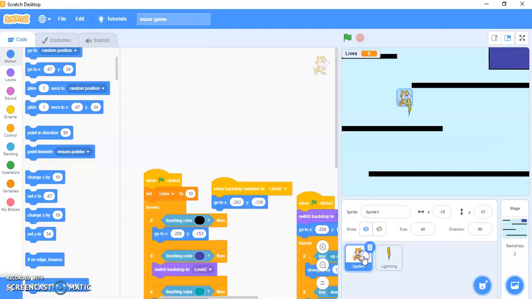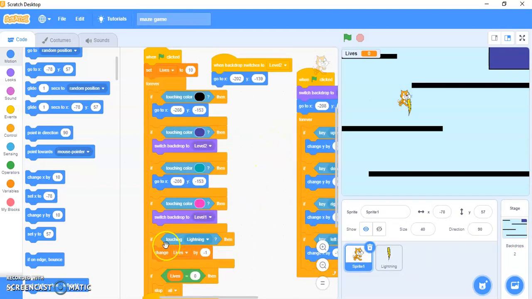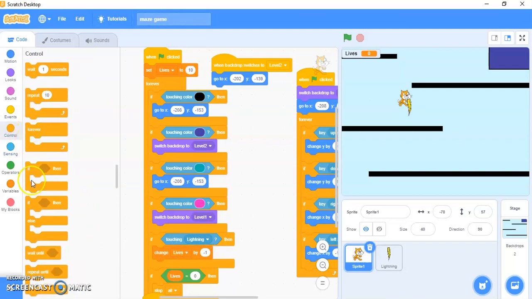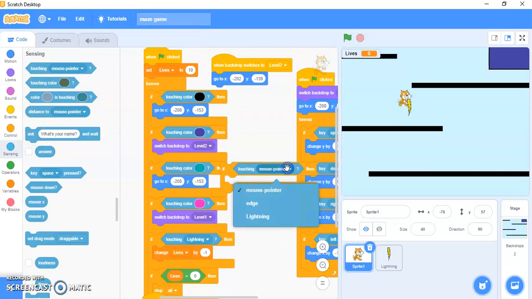After that I have changed the code for the cat, because I just added this: if touching lighting. The if block you have to take from control, then touching is in sensing. If this touching, not the mouse pointer, but I have to change it to lighting, right?